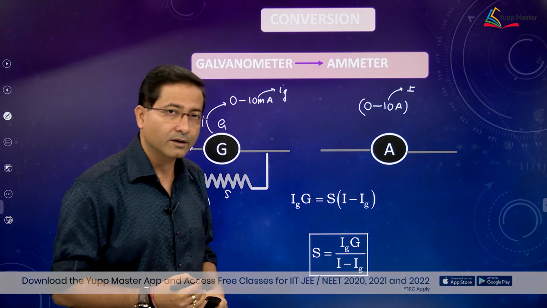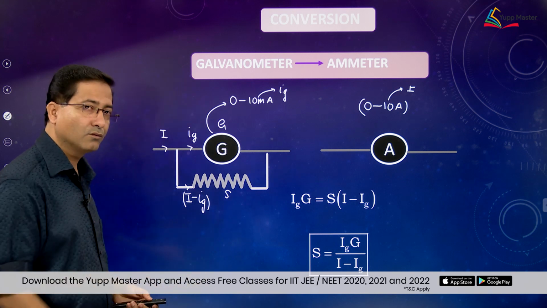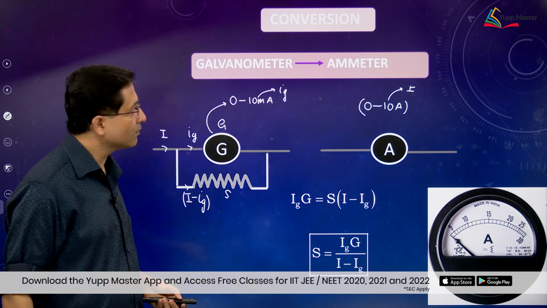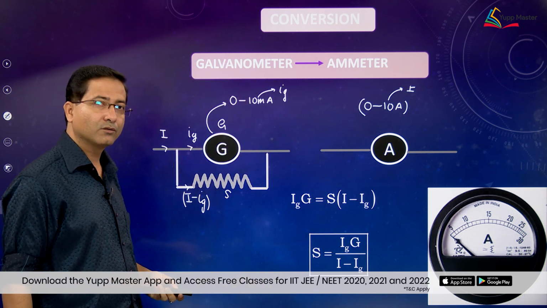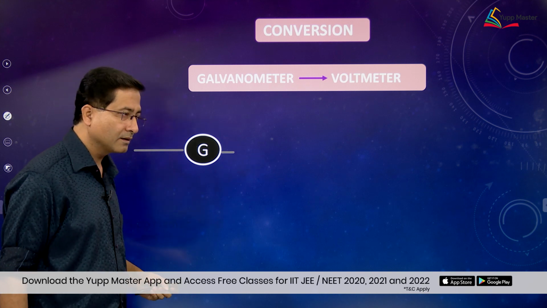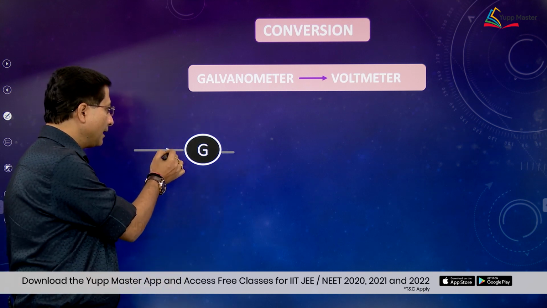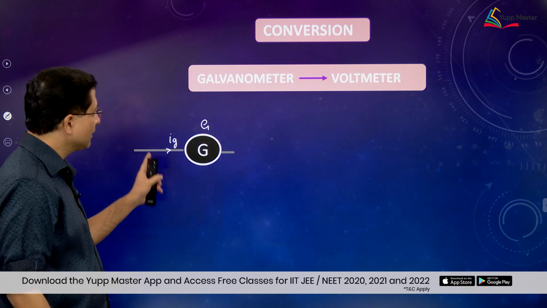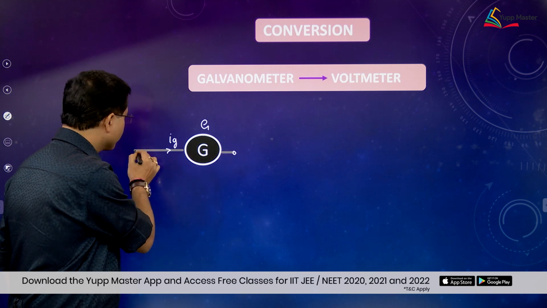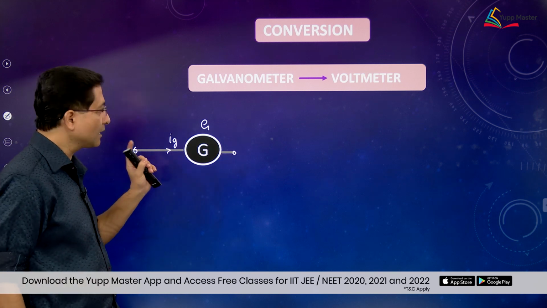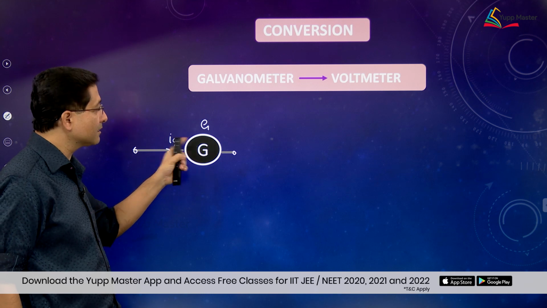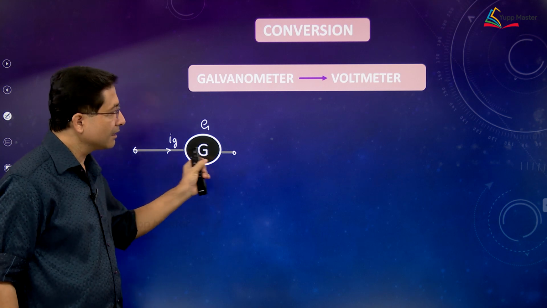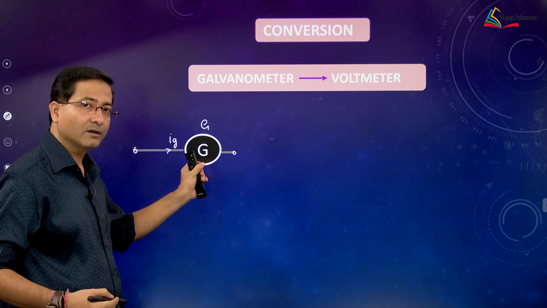The same way we can convert a galvanometer to a voltmeter. Let's see that. So now we are going to convert the galvanometer to a voltmeter. For that, when current Ig is flowing through this resistor G, there will be a potential difference across these two terminals, Ig into G. So this device can also be used to measure this potential, but as the value of potential is so small, generally we are unable to use it for normal purposes.